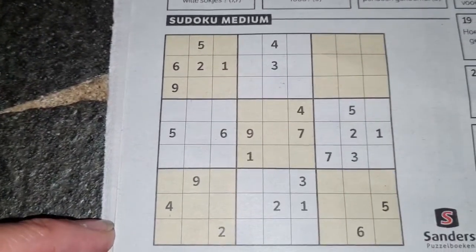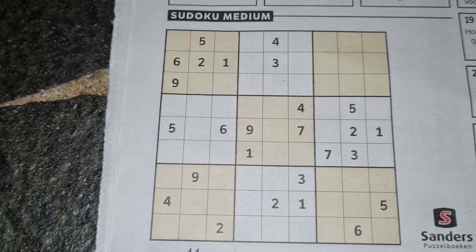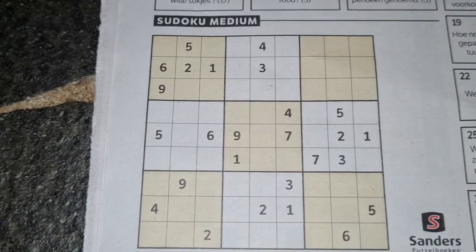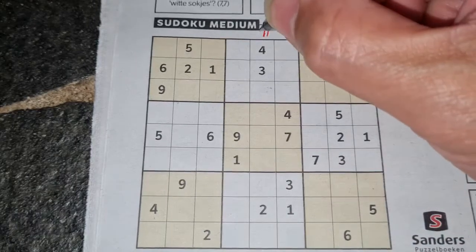I have not seen the news, the other pages of this newspaper. So there's probably an additional with extra Sudokus, but I need to look into it. But first, I will solve this baby, and this one will be a number